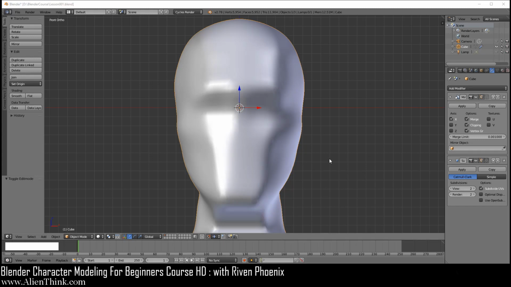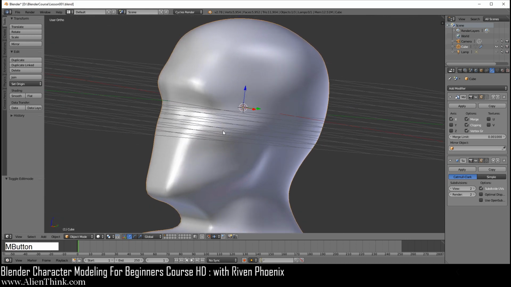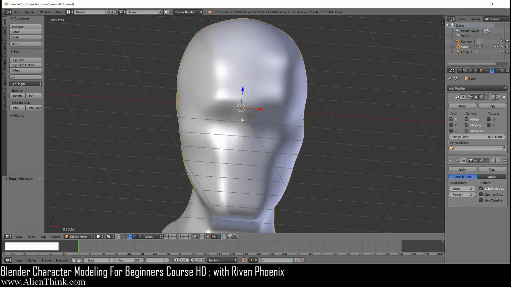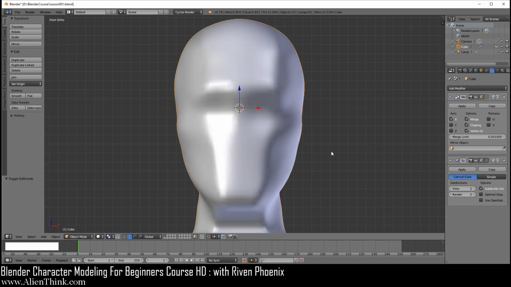Okay, so in the previous lesson, I showed you how to use the formula-based system to allow you to create the correct structure of the human head very quickly. We're now going to take this to the next level and start creating the details of the face. So I'm going to press the 1 key to stay in my front view.